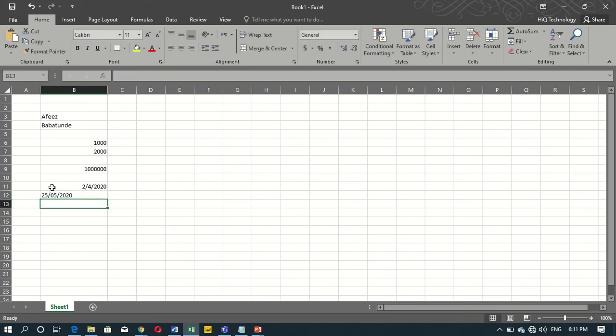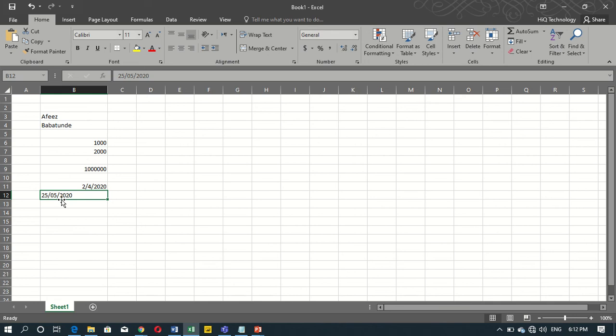Now, what is the mistake I'm getting here? What is the error? This is telling me that to the system this is not a date, but by default a date is supposed to align to the right. What is really wrong with my data? Now we should all know that if you are working with a system that by default is speaking American English,